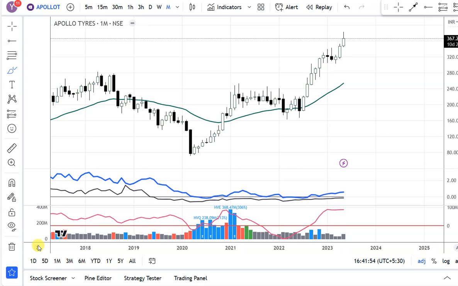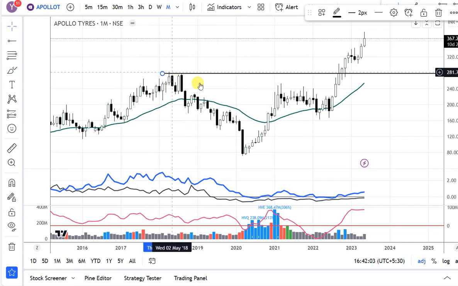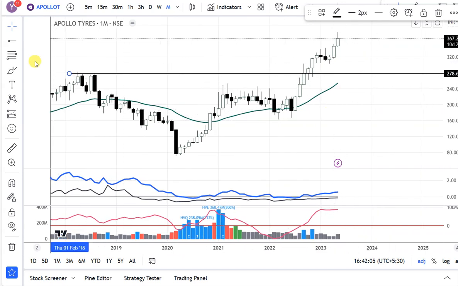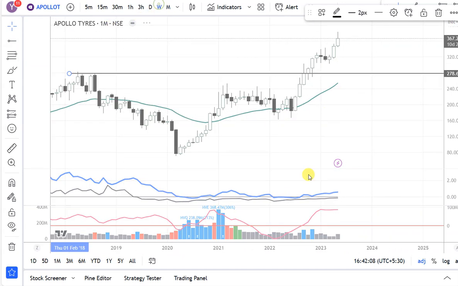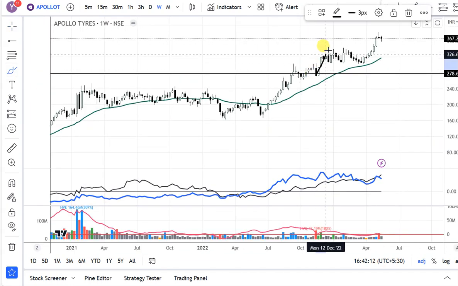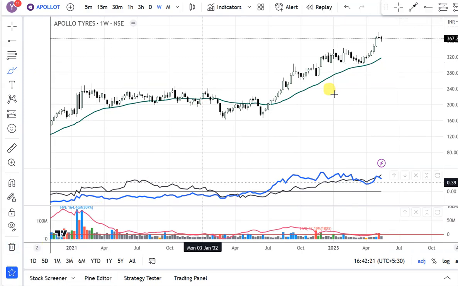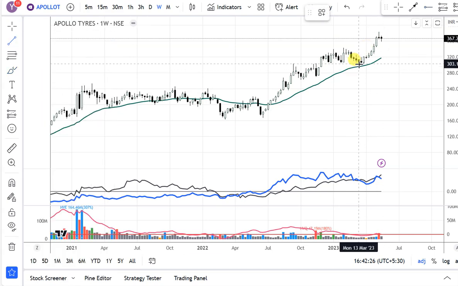Now the stock Apollo Tyres. Apollo Tyres has given a beautiful monthly high breakout. And what the stock has been saying is, buddy, I'm so strong that after giving a breakout, I don't even have time to retest. I'm going to rally. So now what will happen is this. The stock has given us an indication that I am bullish. So the first entry has gone, which is about